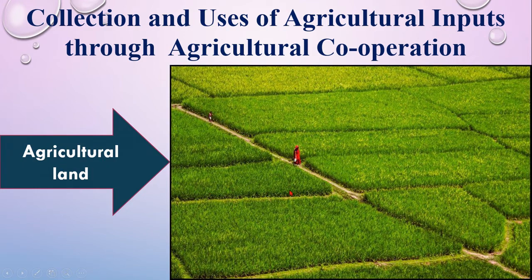For example, agriculture land. For proper management and efficient utilization, you can use this land as a cooperative, so you can benefit very easily. Next one is